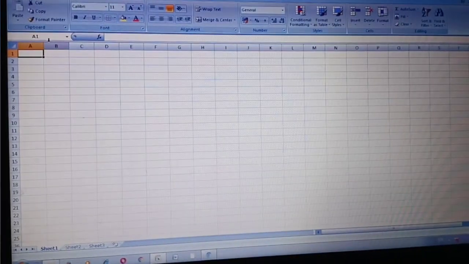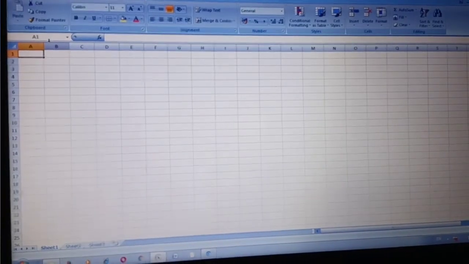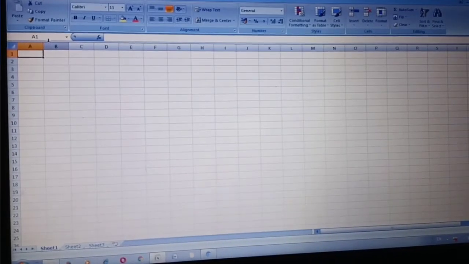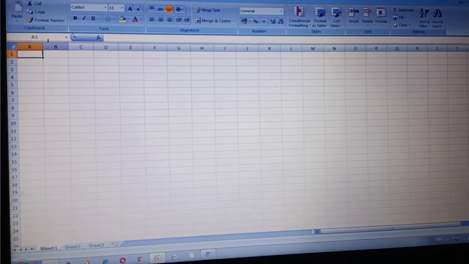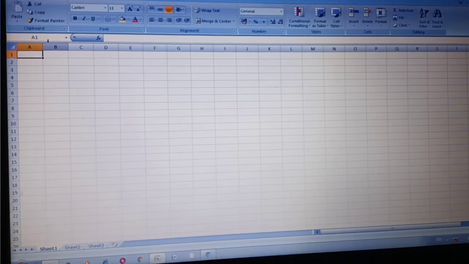So spreadsheet, what is spreadsheet? Spreadsheet is a file made of rows and columns, as you see in the window, and that helps sort, arrange and organize data efficiently and calculate numerical data. And we can put the function and calculation of mathematical with the help of this Excel sheet.